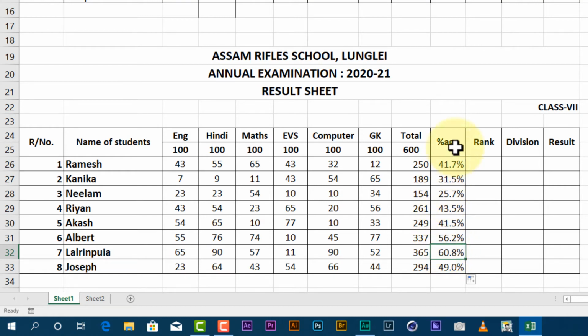Now our next formula is the rank formula. Simply type equal, then RANK, bracket start, by pressing Shift and the 9 button. Now we have to calculate the rank of this cell among all other values. So we will enter here